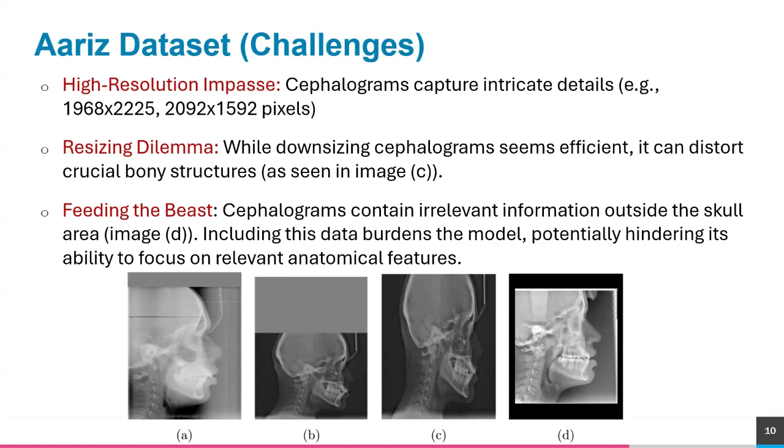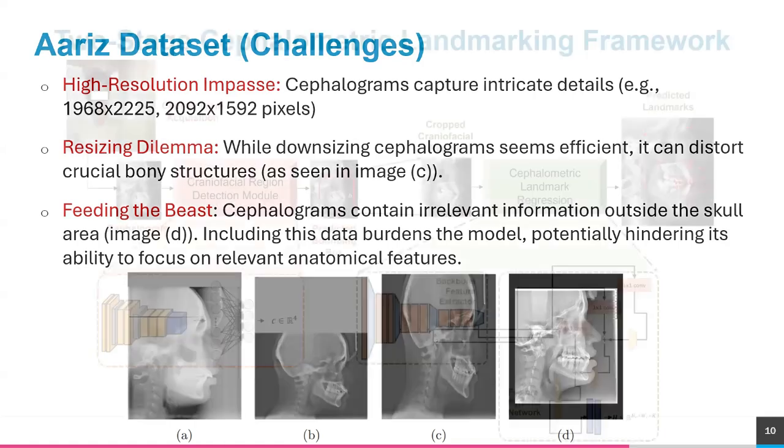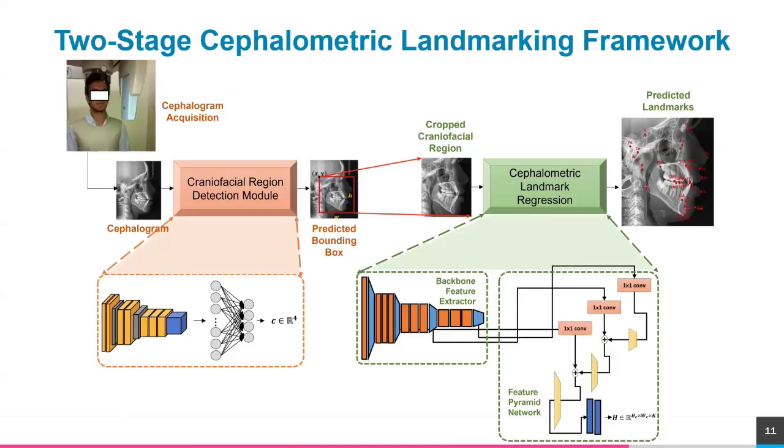For example, if we resize a horizontally oriented cephalogram, as in B, to a vertically oriented spatial dimension, as shown in C. Lastly, some of the cephalograms contain excess black pixels, as shown in image D at the edges, which is excess information being fed into the network. The solution we propose to solve all these challenges is to use a two-stage cascaded CNN approach, where the first